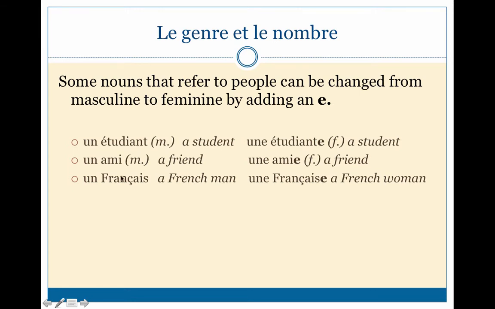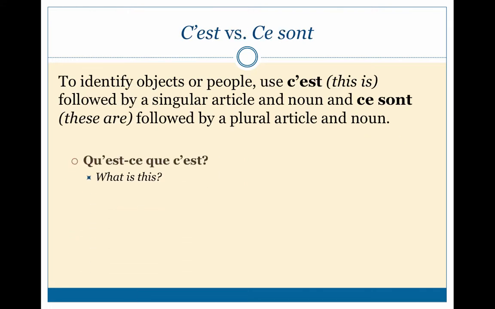So to recap once again, we started out talking about this indefinite article, meaning a, an, or some, and how we need something like that in front of every noun in French. Now we've moved on to talking about how nouns reflect gender and number sometimes. So we've moved from the article to the nouns. And if we want to identify objects or people, we're going to use the phrase c'est. I'd like everybody to try and repeat that for me afterwards. C'est. And that means this is.